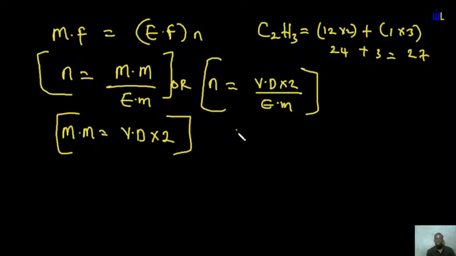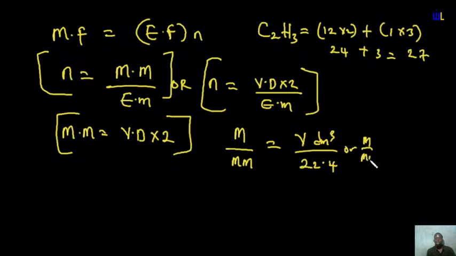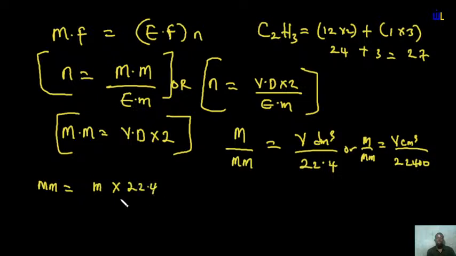It's quite simple. If you did stoichiometry well last semester, you will know that the relationship between mass and volume is mass over molar mass equals volume in dm³ over 22.4, or mass over molar mass equals volume in cm³ over 22,400. Now, all you simply need to do is make molar mass the subject of the formula. So when you are looking for the molar mass, it's going to be mass times 22.4 over